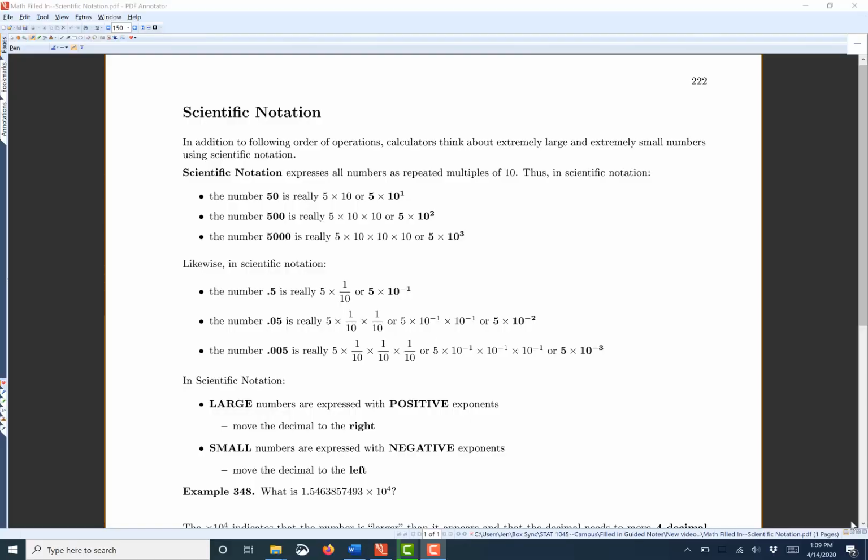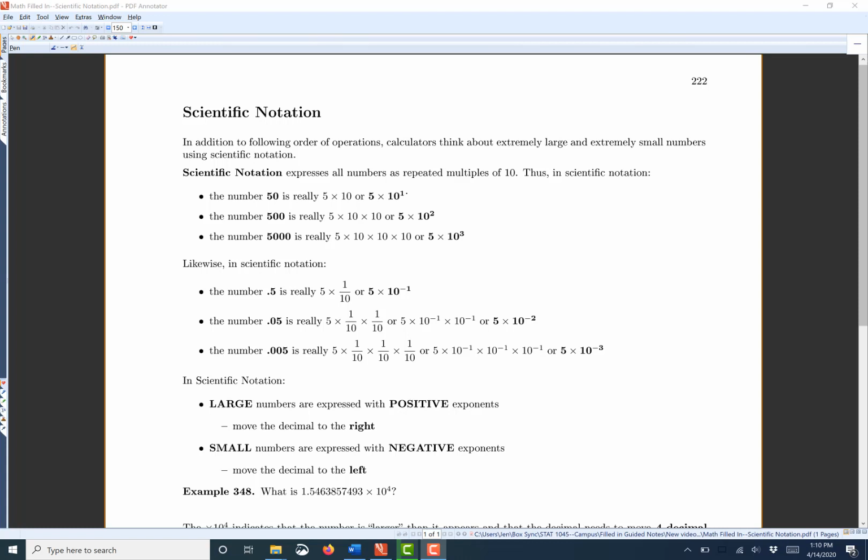Scientific notation. Our calculators think about extremely large and extremely small numbers using scientific notation. Scientific notation expresses all numbers as repeated multiples of 10. Like in scientific notation, the number 50 is really 5 times 10, or 5 times 10 to the power